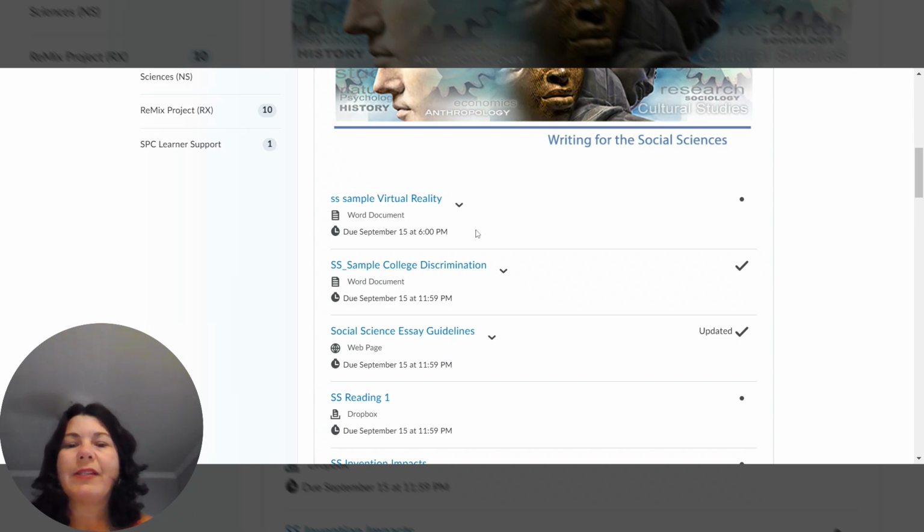So you have 2 example essays that are posted here for you. The first is about virtual reality. So that is an advancement paper. The second is on college admissions discrimination, specifically addressing Harvard. So that is a social issue paper.